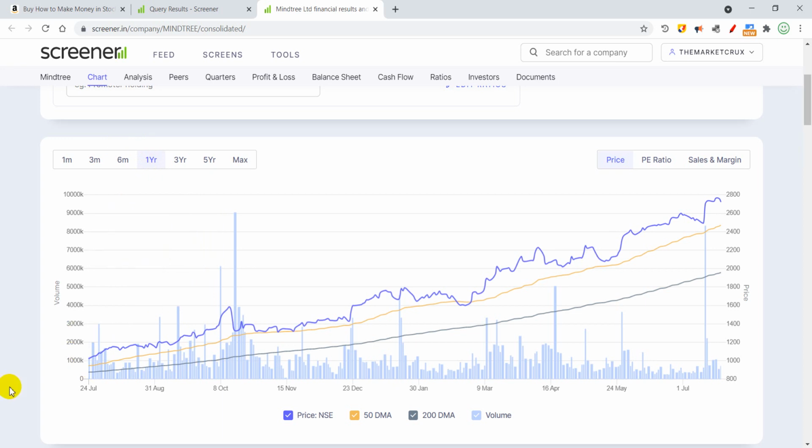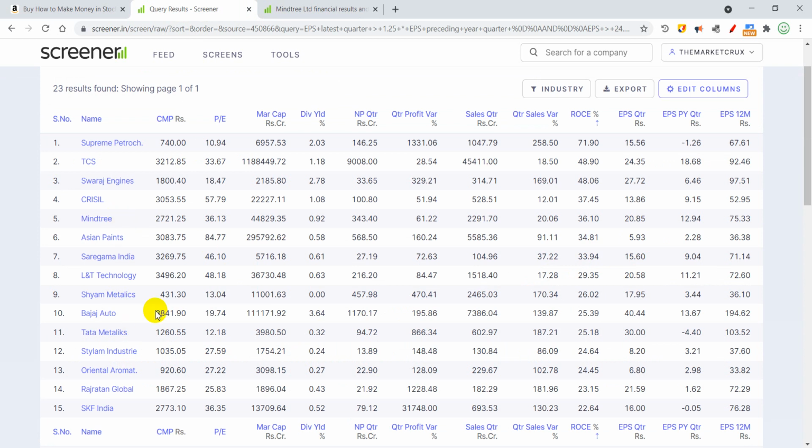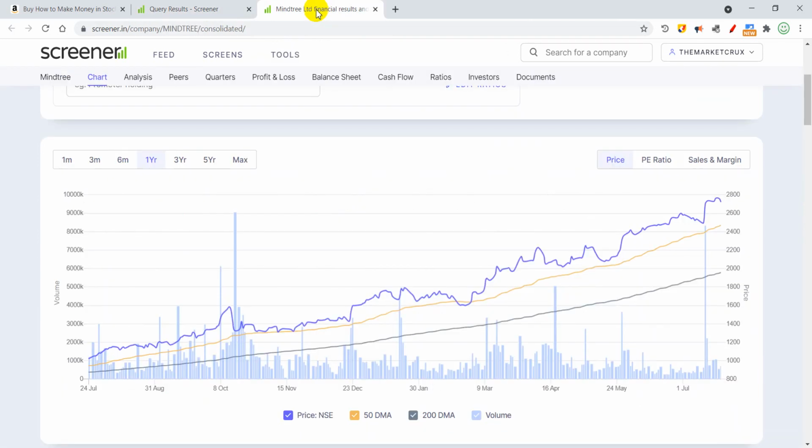So there are a few things which we have to observe very closely on each chart while we are doing the rest of the fundamental parameters checking. This is the basic technical check which is available on Screener, that you can plot a 50 period daily moving average and a 200 period daily moving average on this chart itself. And this is the key characteristic to identify whether a growth stock given by this screener is really right now in the growth trajectory or not.